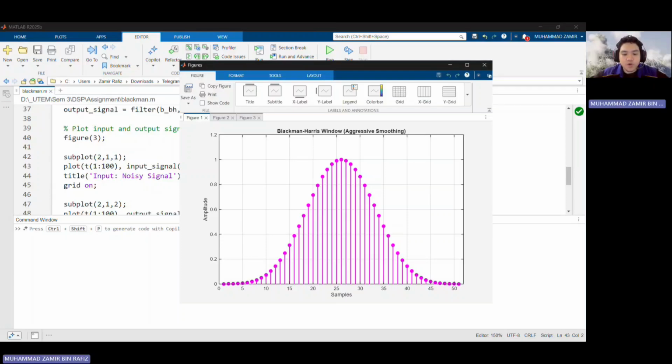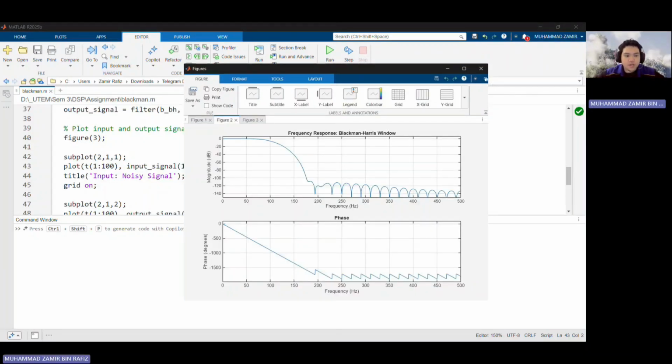The smooth tapering is important because it reduces abrupt changes at the signal boundaries. As a result, spectral leakage in the frequency domain is significantly reduced compared to the rectangular window. Next, figure 2 shows the frequency and phase response of the FIR low-pass filter